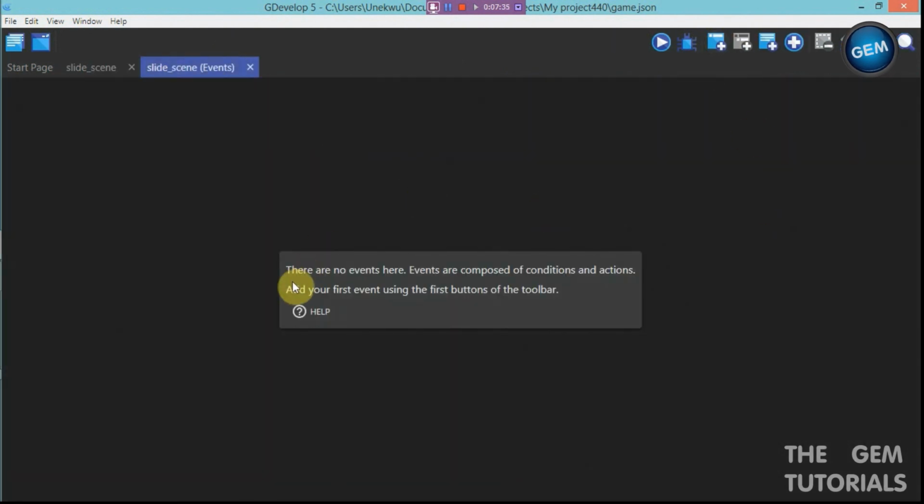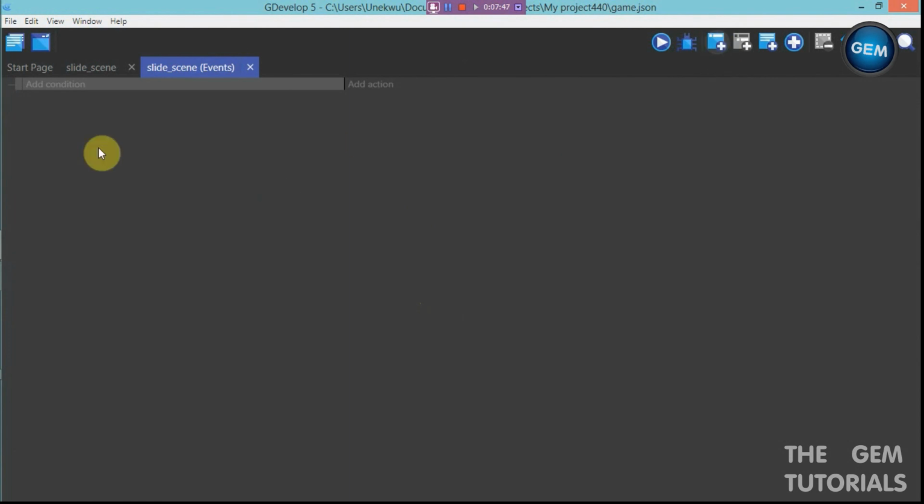Now let's go to our event sheet, scene event. Add an empty event. There are no events here. Events are composed of conditions and actions. Add your first event in the first button of the toolbar. Here we go. So we add an empty event and add a condition,